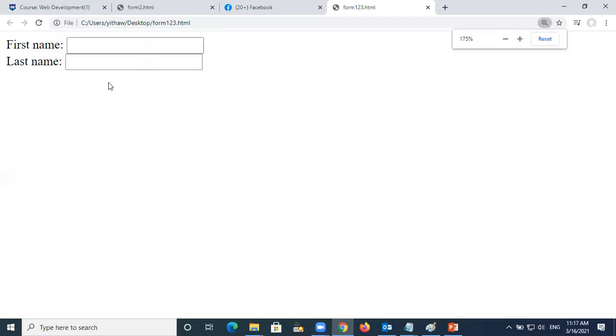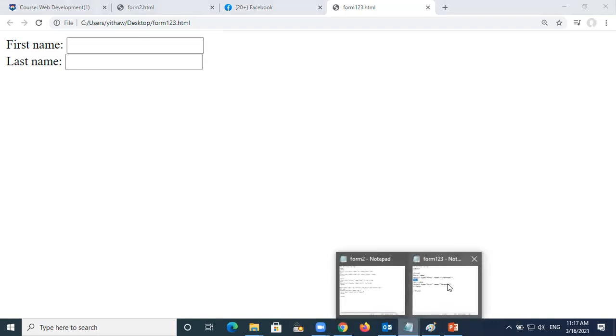Okay, so when I open this, it is like this here. First name and last name are like this. But when you look at this one, this is not very good because you can enter first name, for example, Ahmad, and then last name, Al-Oraimi, something like that. And then after that, you will submit here. So you can enter the things and then submit. But when you look at this design, it is not good, you had better have another BR to go down another line to have a space.